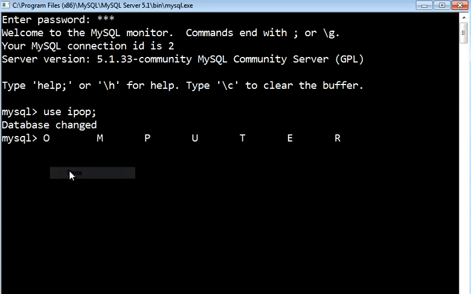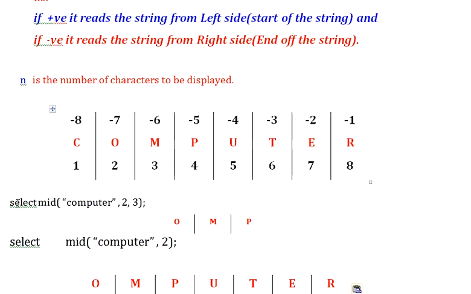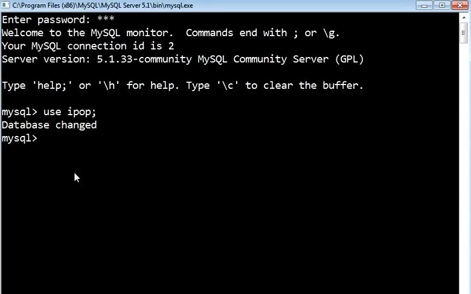Let's copy the statement. Select mid of computer comma 2 comma 3. What does it mean? From the second character onwards, read 3 characters. Now let us see what output it shows.